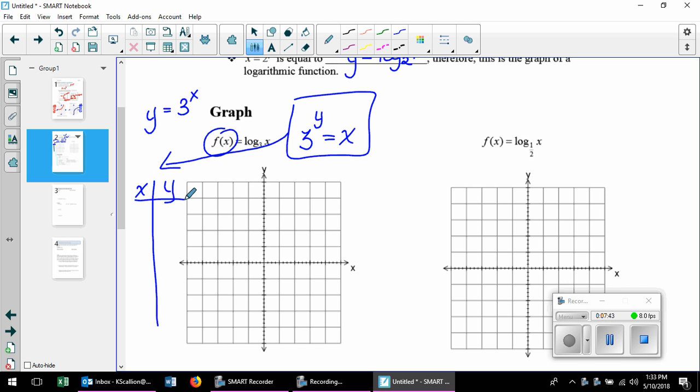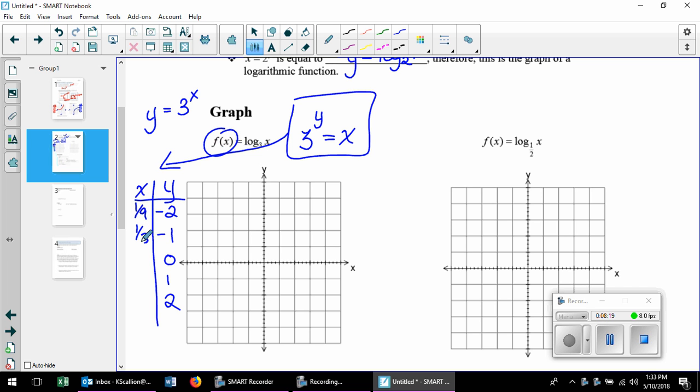So in this case, what am I going to pick? My x values like I normally do, or my y values? I'm going to pick my y values. Remember, they're just switching them, right? Like here, we would pick our x values. We're doing the inverse of it, so we're going to pick our y values. So this would be the -2, -1, 0, 1, 2. Okay. So now knowing that, if y is -2, we know x is